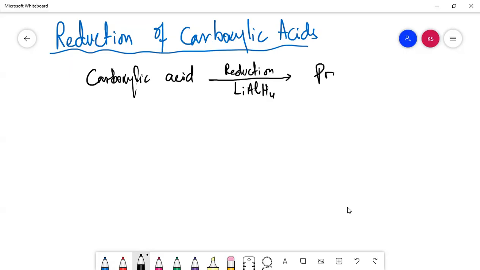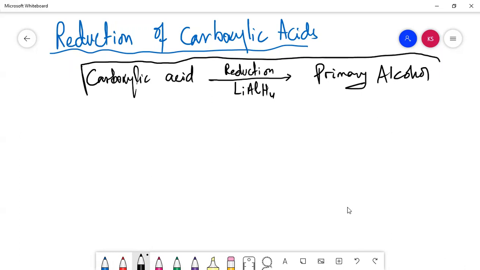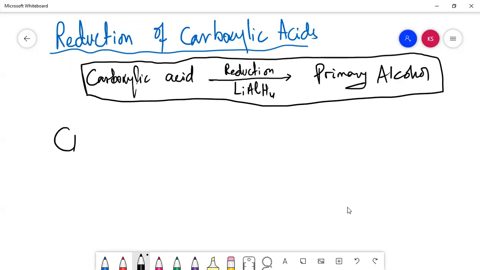It makes primary alcohol. That's the general reaction for it. Wherever you see this carboxylic acid C double bond O, you turn it into alcohol. For example, if we have CH3 C double bond O, OH, and you treat it with a reducing agent like LiAlH4,